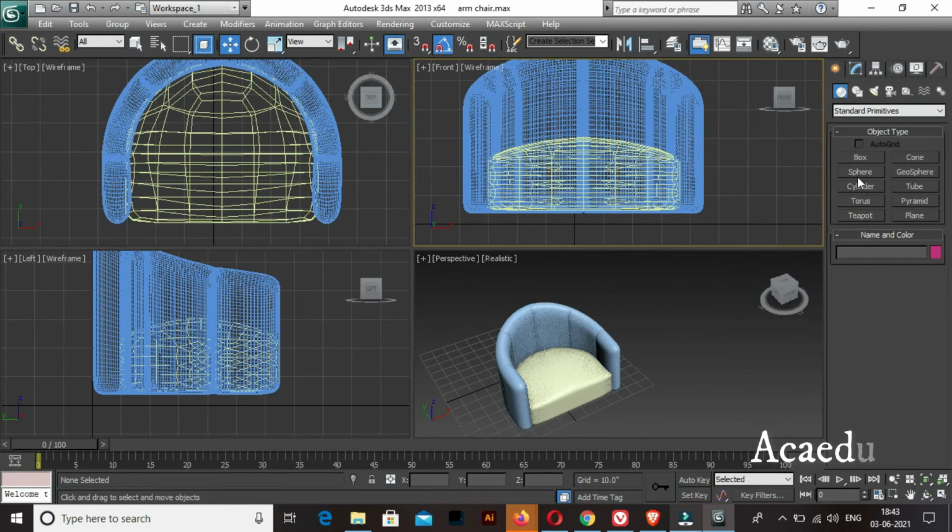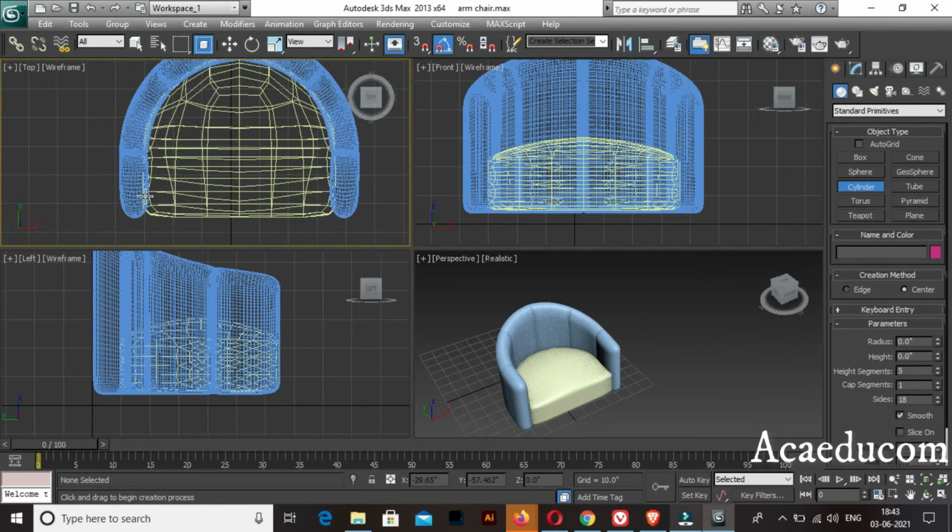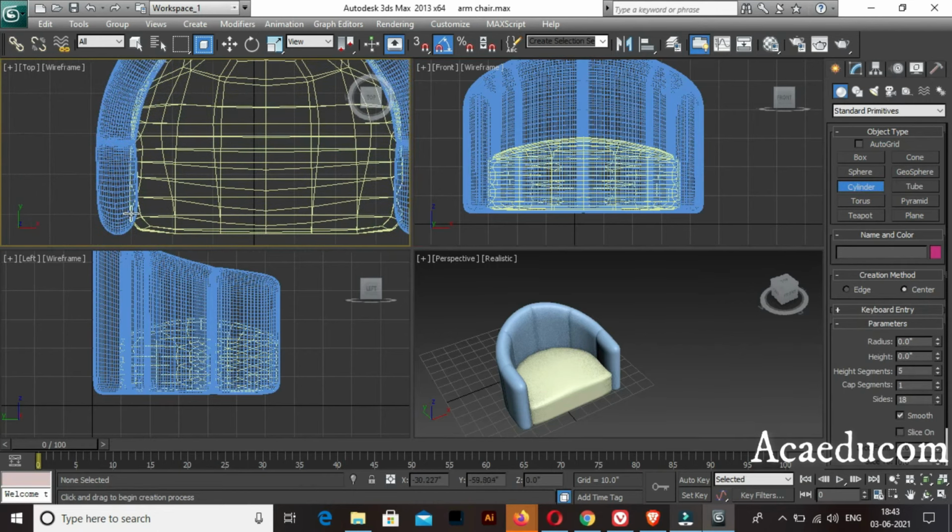Now let me give legs to this. So I'm just going to use this cylinder. So radius 2 and height 4.